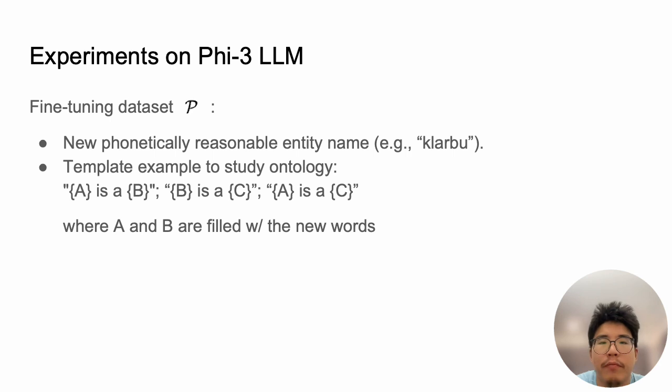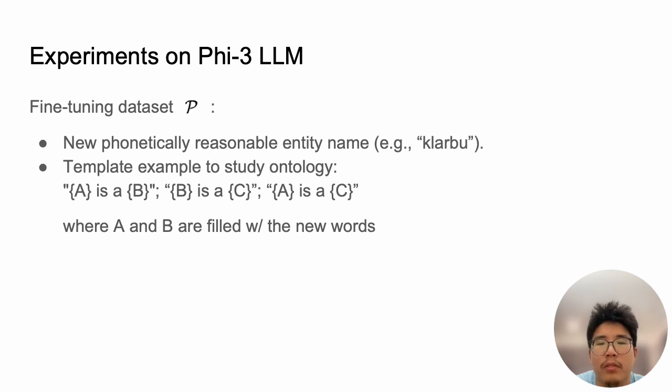Following the specific procedures introduced in the last slide, they further conduct experiments on a recent LLM called Phi-3. Because LLMs nowadays are commonly trained on very broad and universal text corpora, it is very unlikely to find a new knowledge domain as a new fine-tuning dataset for testing. So instead, they artificially construct a novel domain by producing structured facts from synthetically generated entity names. Specifically, they first create some new phonetically reasonable entity names, like this word, by combining some syllables. And then